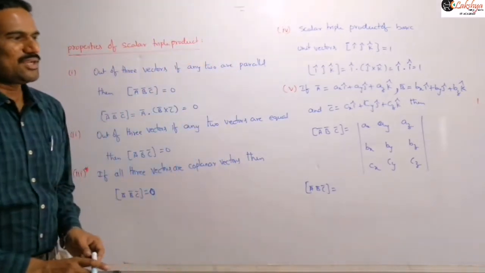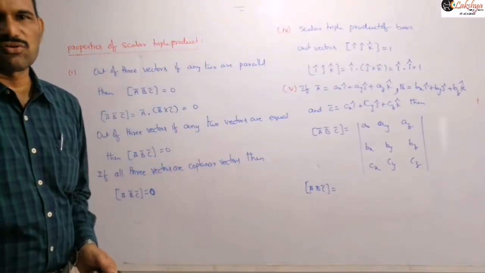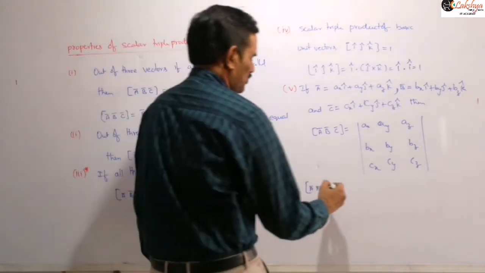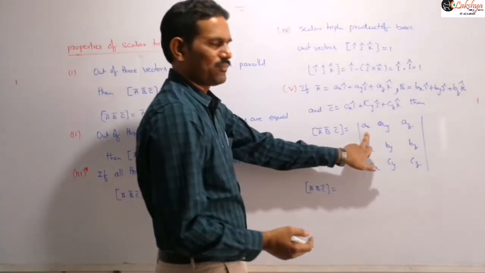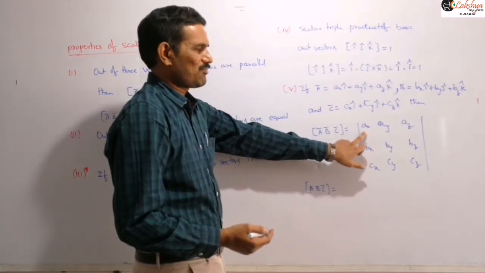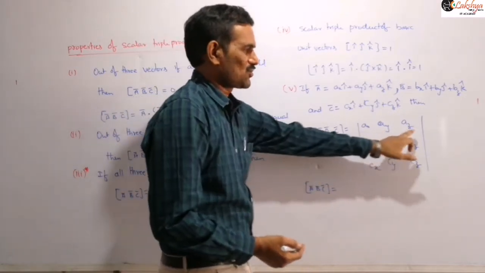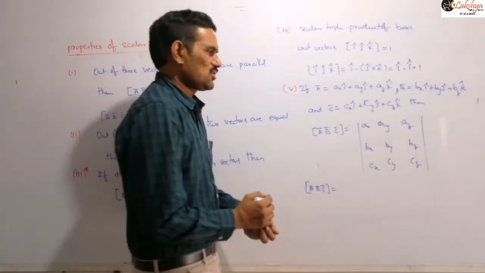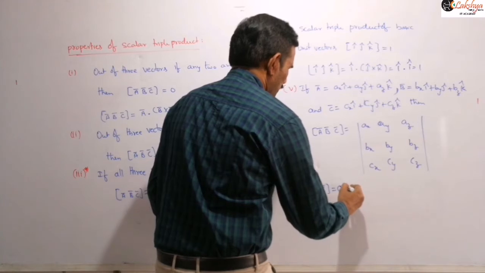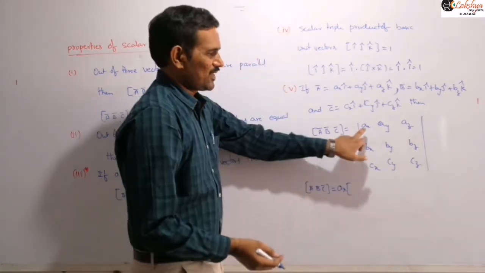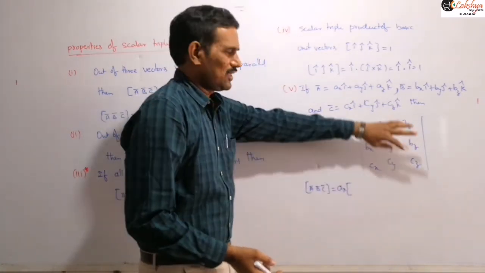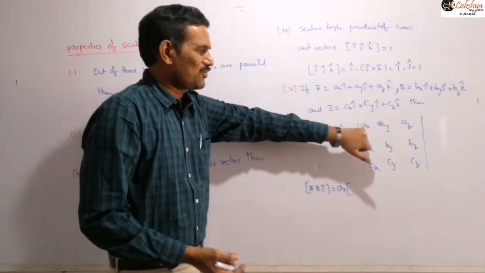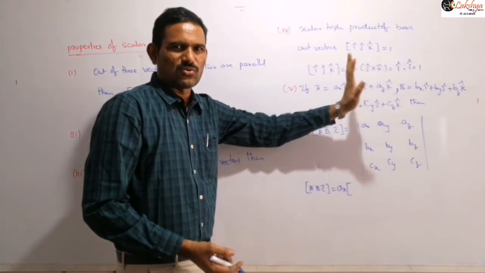Now its determinant calculation is the same as what we did for the cross product of two vectors, right? In the cross product of two vectors, when we wrote i cap into, we neglected this column and this row. Similarly, now instead of i cap, ax is there for us. So we need to write ax into, and again neglect this column and this row. The multiplication is the same; the only difference is that instead of i cap, j cap and k cap, you will get the ax, ay and az terms.